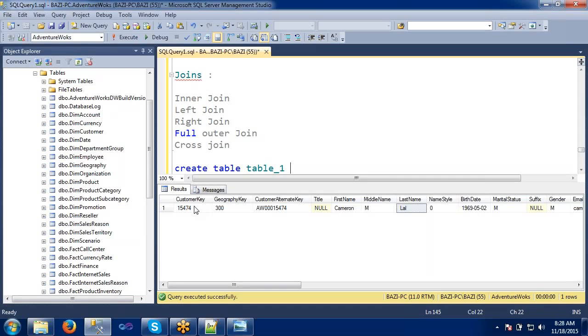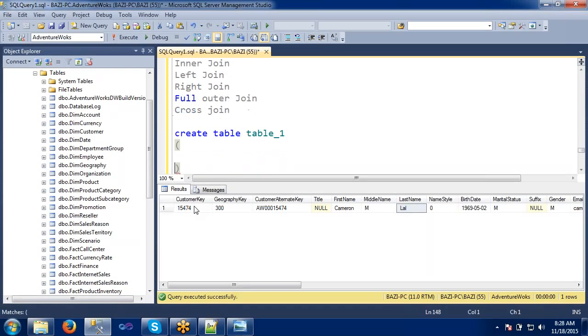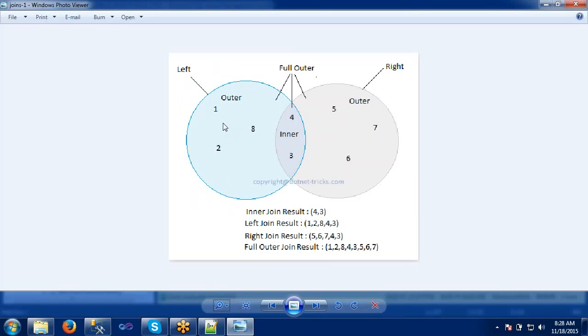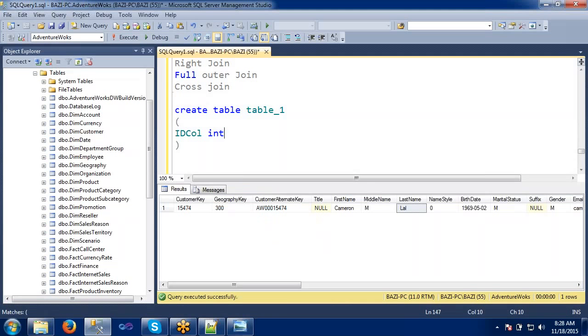Let's take the same name only, for better understanding. I'm giving table 1 itself, with an id column of type int. I'm giving only one column, because in our diagram we have only one value, 1 2 3 4 5 6 and so on.